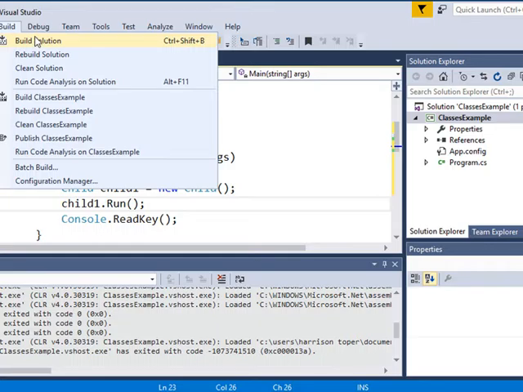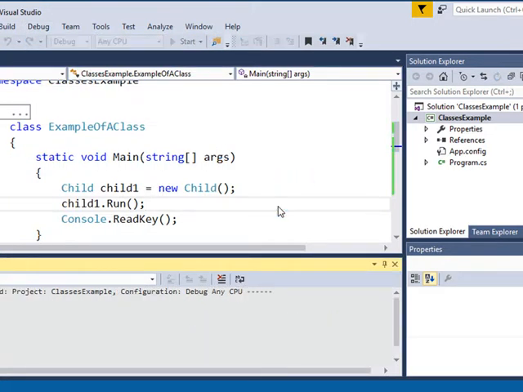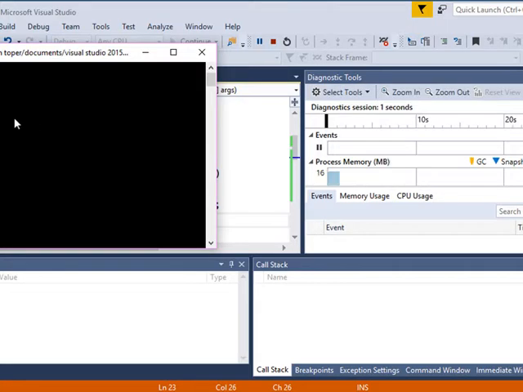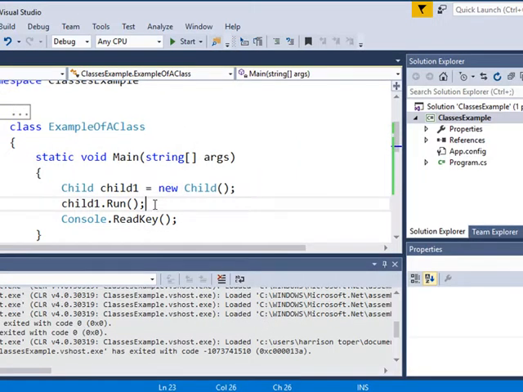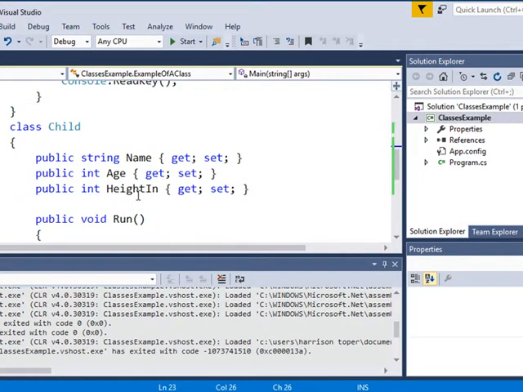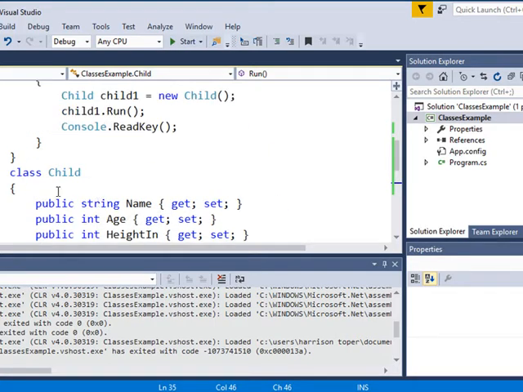So debug, start debugging, and you can't see that, but what it says is I am running. And so it ran, and it displayed what was in this run method, which is I am running. Okay,